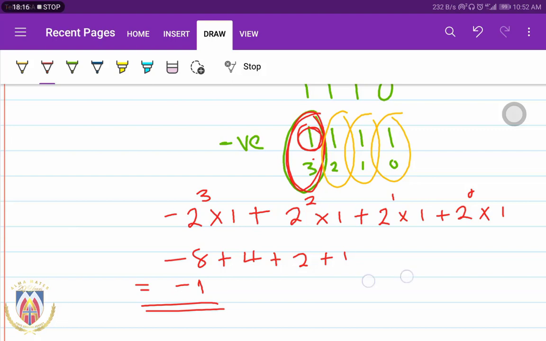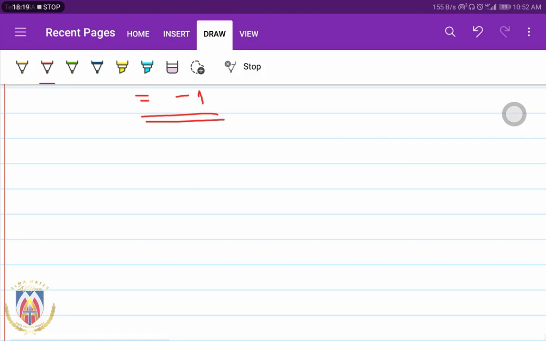Okay, let's do the same for -4. For us to get the 2's complement of -4, let's start with the +4. +4 is equal to 0, 1, 0, 0. The 1's complement of the above number is 1, 0, 1, 1. Then adding 1 to the above number, we get